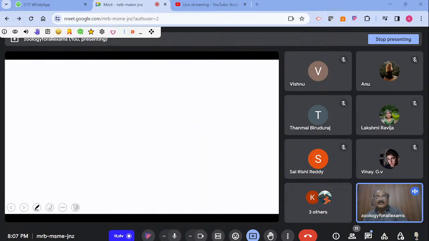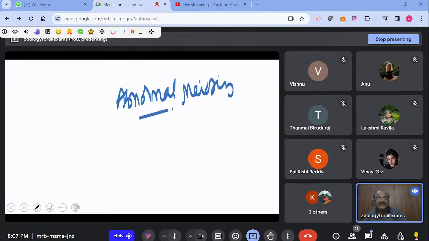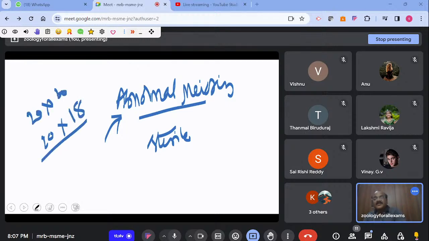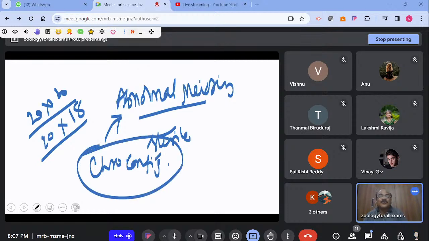So when the individual is unable to produce gamete due to abnormal meiosis, what happens? We call it a sterile individual. Abnormal meiosis, why does it take place? Because even if the number is the same, the chromosomal configuration is somewhat different. So there is a change in the chromosomal configuration. When there is a change in the chromosomal configuration, what happens? There is